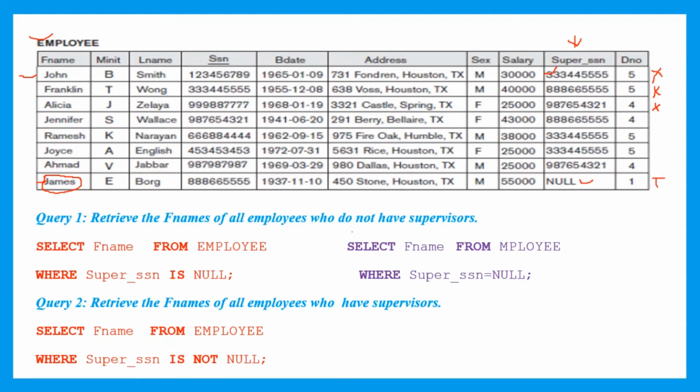Now this is an alternative query. Here we are making use of a relational operator. When we make use of a relational operator and compare with null, the result will always be null. Now the same thing, it is going to check the first row: supervisor assistant is equal to null, wrong. Second row is equal to null, wrong. Third row, wrong. Fourth row, wrong. When it comes to the eighth row, null equal to null is true. Even though this is true, this query, instead of returning the name James, returns the result as null